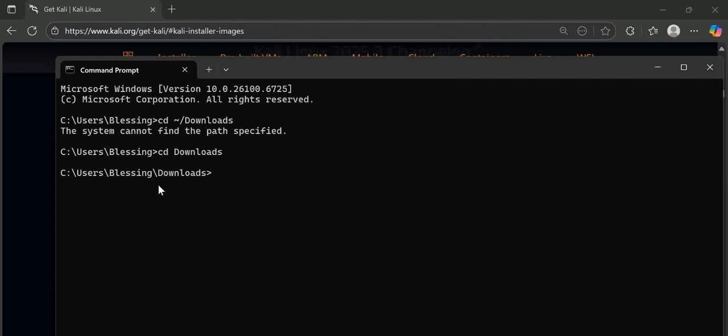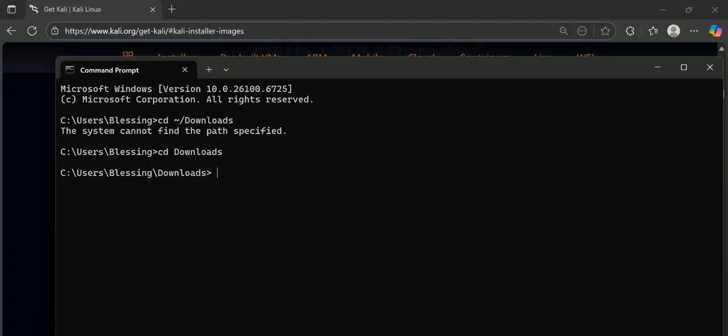Sorry, you have to type it without adding these symbols. So you type cd Downloads and then you go into your download folder, which the file is in already, and